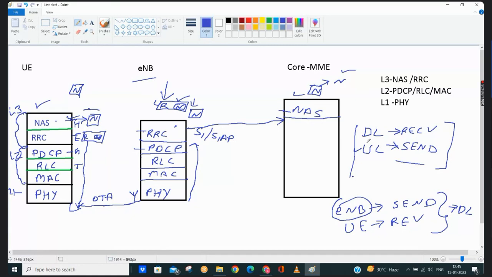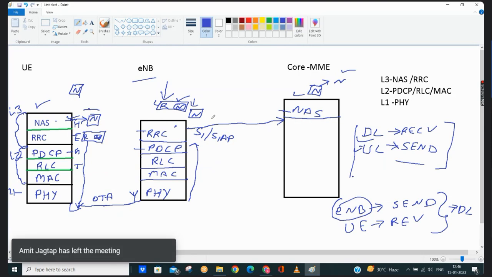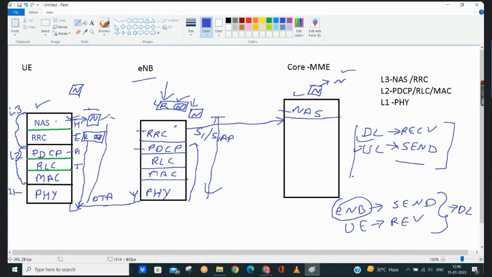So that is my UL flow. In the UL flow, when we are sending, the flow is from upper layer to lower layer, and receiving means lower layer to upper layer, and vice versa. For example, DL means eNodeB is sending, so the flow will be from top to bottom at the eNodeB side and bottom to top at the UE side.